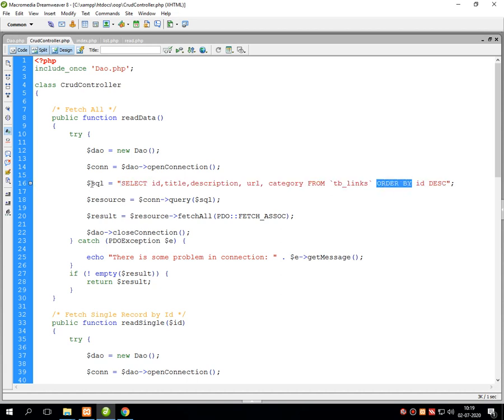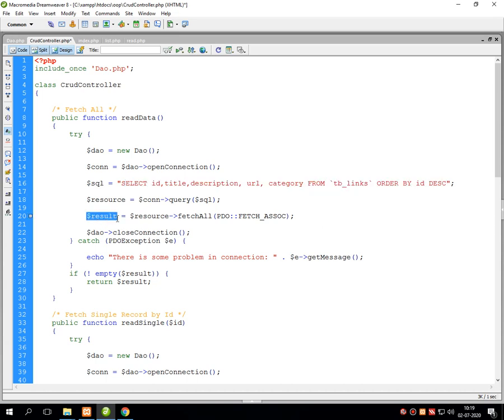Then after this line, write down $resource equals to $connection reference to the query, and into the bracket pass the query variable. This line of code will execute this particular query and it will fetch all the records from the tb_link database table and it will display onto the screen.